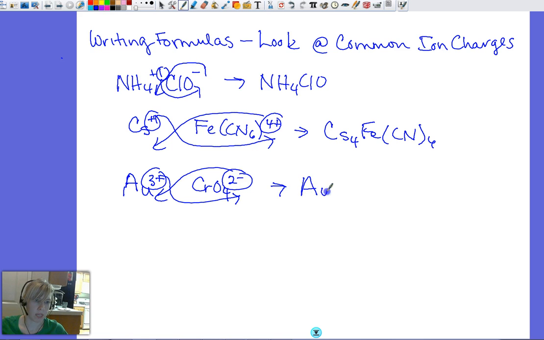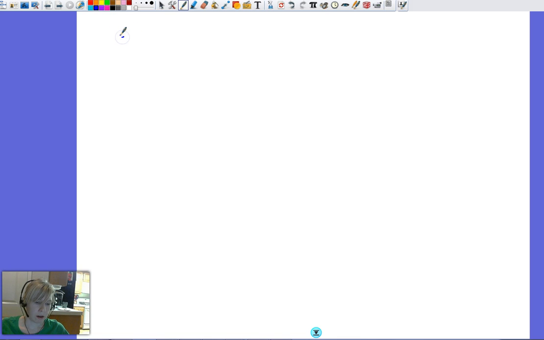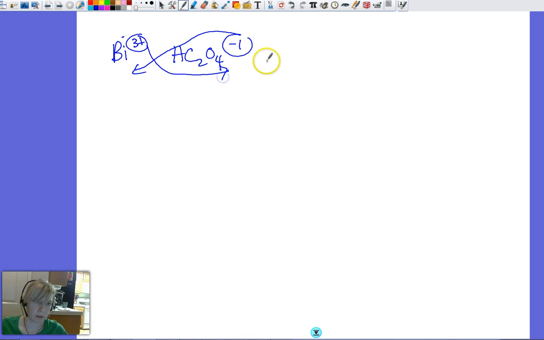And that's going to give us Au2 (CrO4)3, and we need to use parentheses and put a 3 because we have the 3 from the gold. Our bismuth binoxalate, we have Bi 3 plus. Our binoxalate is HC2O4, and that is minus. So this one goes down here, this one goes down here, and that gives us